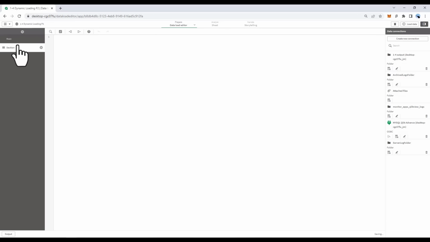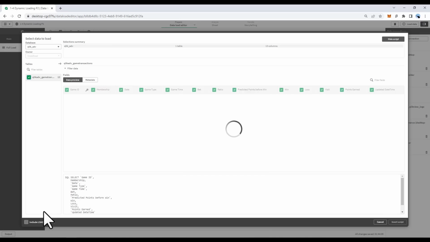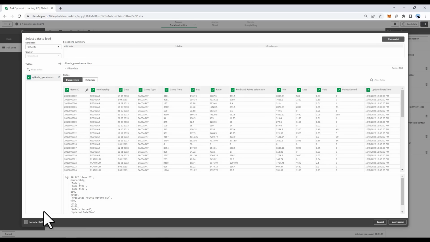First, create a new section called Full Load. Using the MySQL Qlik Advanced ODBC connection, insert the script for the table Qlik ADV_game transaction. You can opt not to include the load statement by deselecting the Include Load Statement checkbox in the lower right. Once the table has been selected, click the Insert Script button to add the SQL Select statement to our full